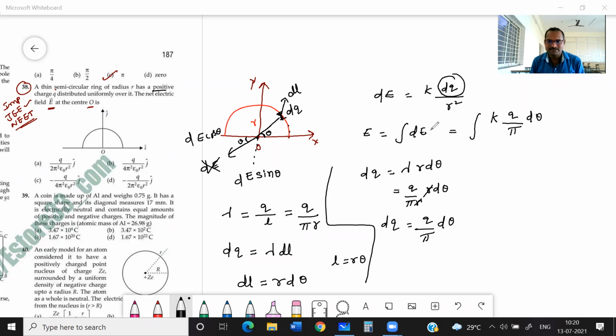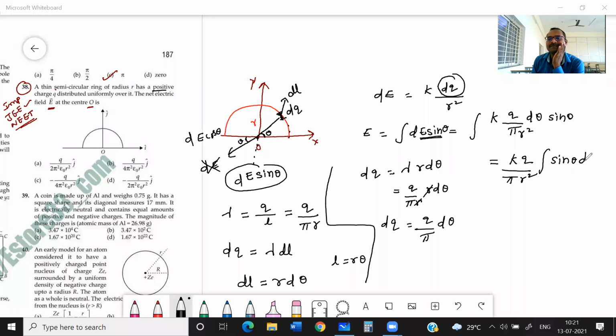Yes, this is sin theta, no? Yes, sin theta you take, divided by r square. Clear, students? Yes, I am taking this dE sin theta component here. So what are you going to indicate here? K is a fixed value, q is a fixed value, pi is a fixed value, r, the radius of the semicircular ring, is also a fixed value. Now you are integrating sin theta only, which means you will get kq by pi r square into integration of sin